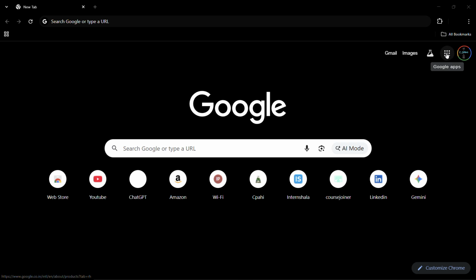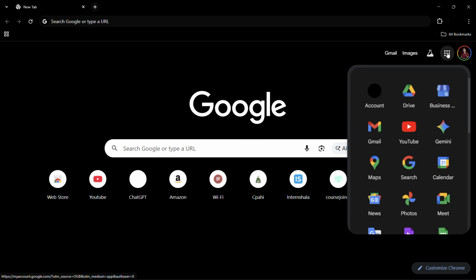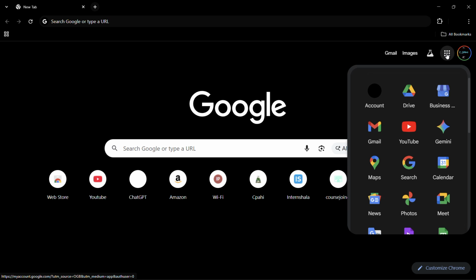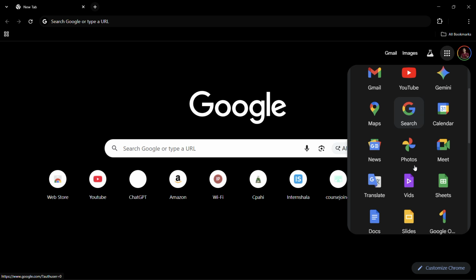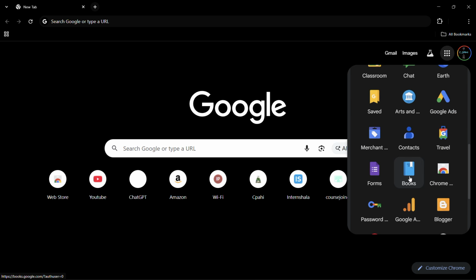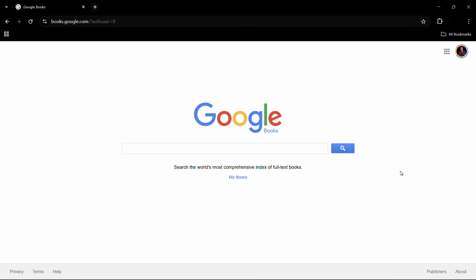simply click onto this Google Apps option or button over the top right side, just towards the left of your profile picture. Now, once you click onto this Google Apps, you can see a variety of different applications. So you can simply scroll down, and from here you can click on books. Now, this will lead you to Google Books, and then from here you can search for any books that you